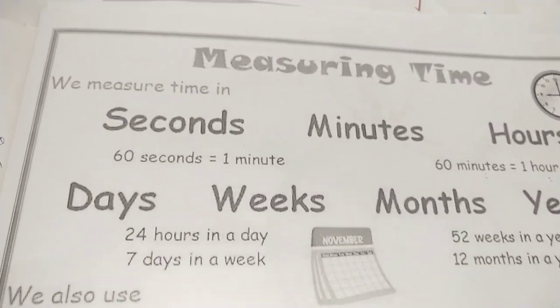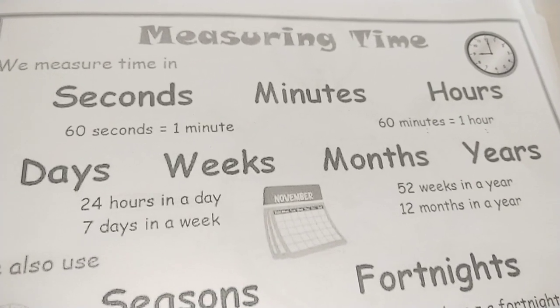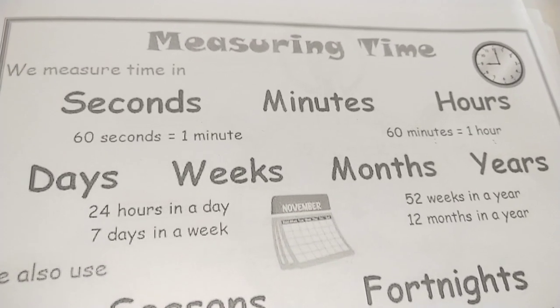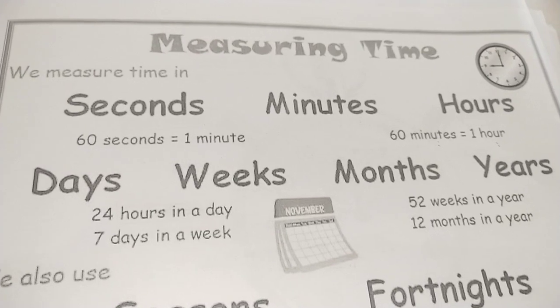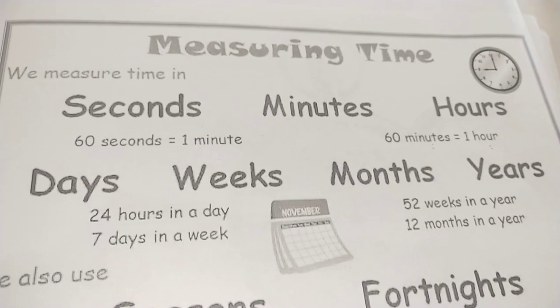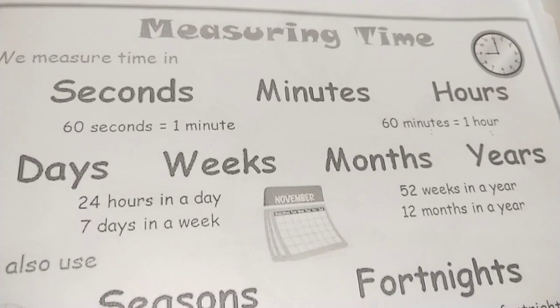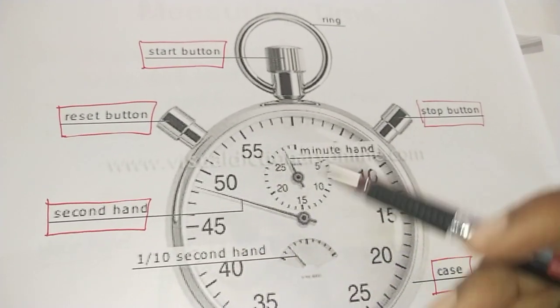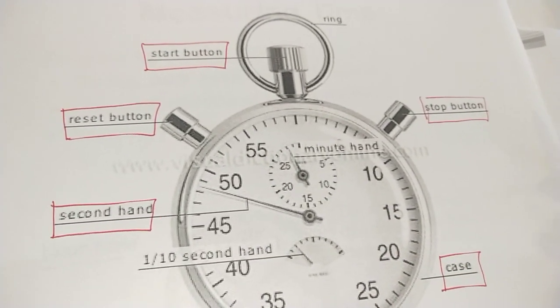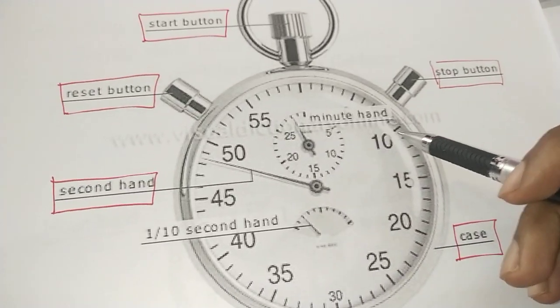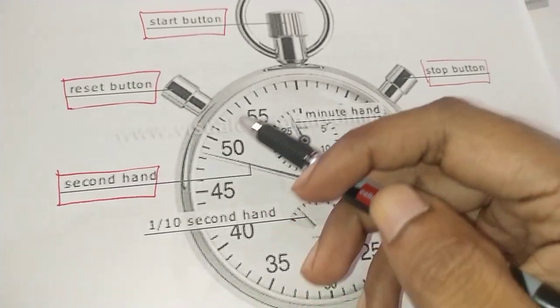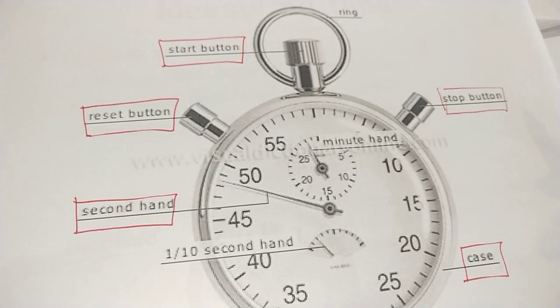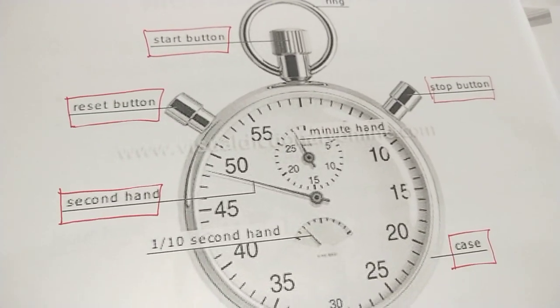To measure time, we basically need a watch. It could be analog, it could be digital. Digital can be more precise and very accurate, so it can be used for accurate measurement. Now this is a watch, you can see, but over here we have 10, 15, 20, 25, 30 and 55 and so on, isn't it?